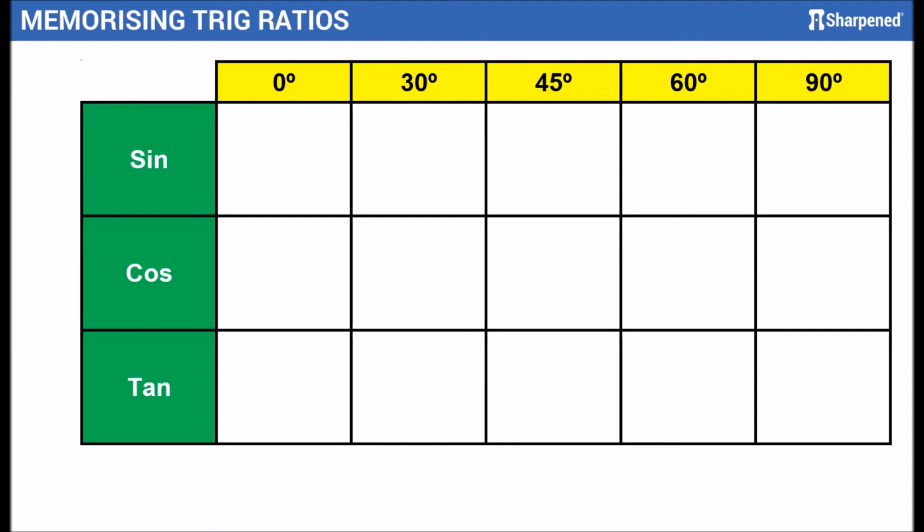Let's get started. So what I've got here on the screen for you right now is a very simple table with all the information that we're going to need. If you memorize these ratios in a table format, you're going to find it a lot easier to memorize in the long term. So to start off, for all of these sine and cosines of your basic angles, we're going